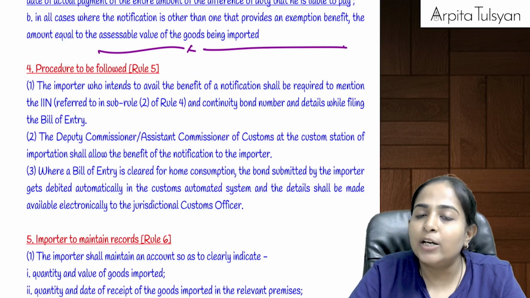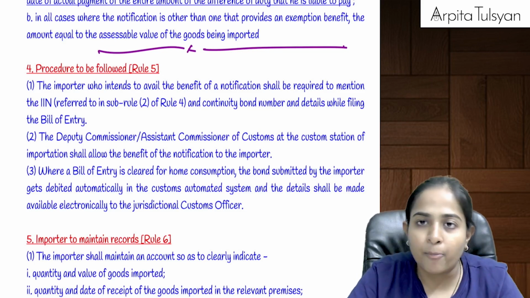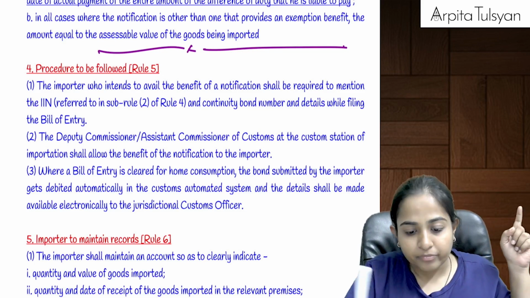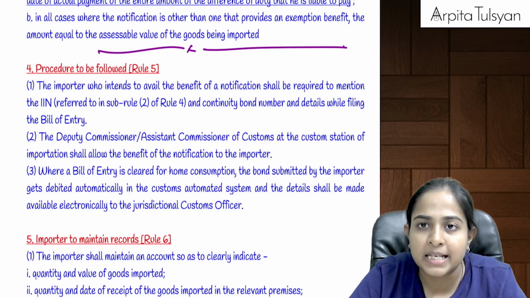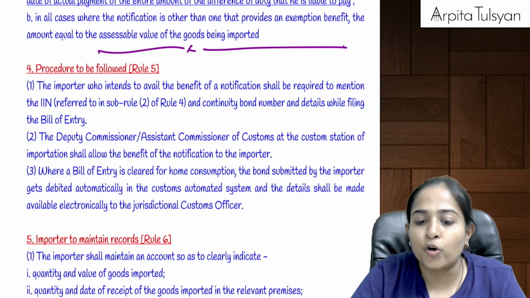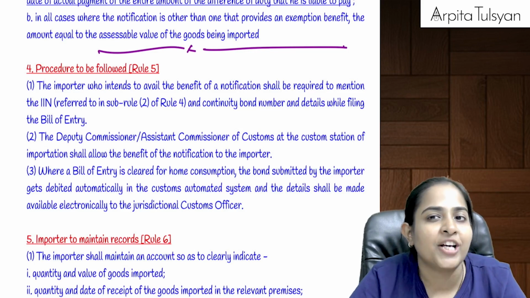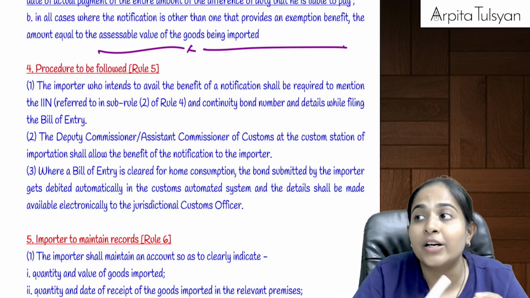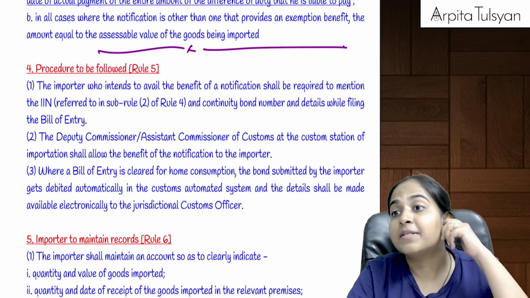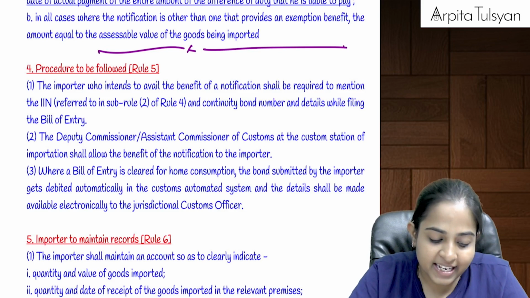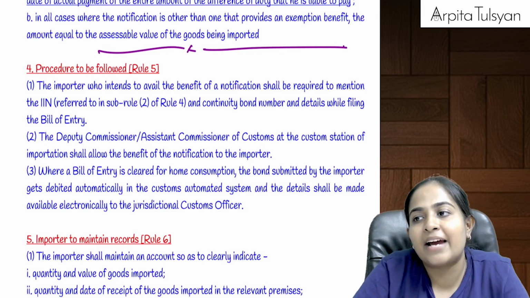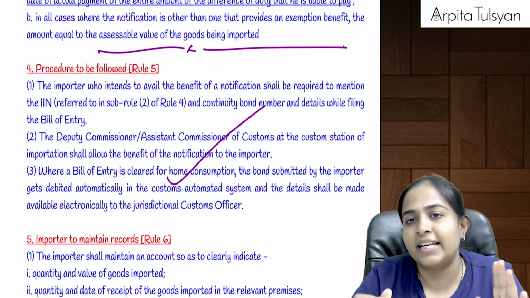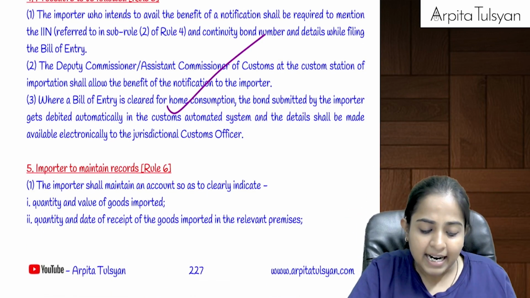Yes. Then once all these things are done, after that I can do the import. Once I do the import, those goods will come to the port. Then the customs officer at the port will clear my goods for home consumption. As soon as he clears my goods for home consumption, I will tell him, sir, please don't charge duty at 40%, please charge the duty at 15% only. So he will tell me why. Then I will tell him, sir, see, this is my IGCR identification number and I have taken the benefit under this particular notification. If he is satisfied, then he will allow me to pay the duty at concessional rates.